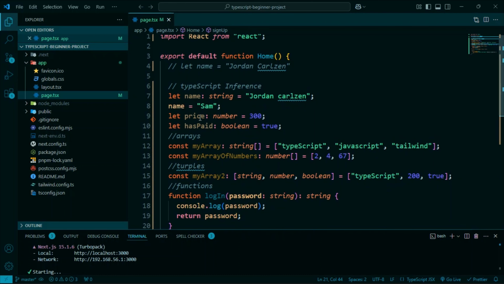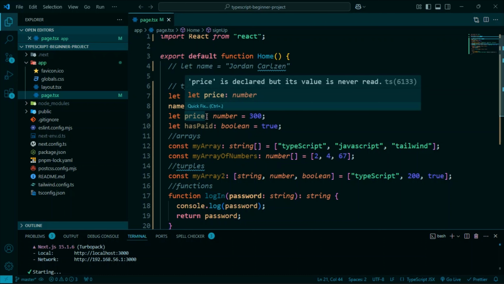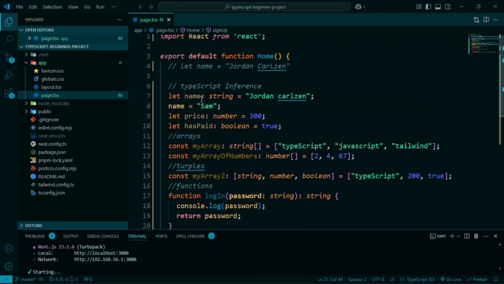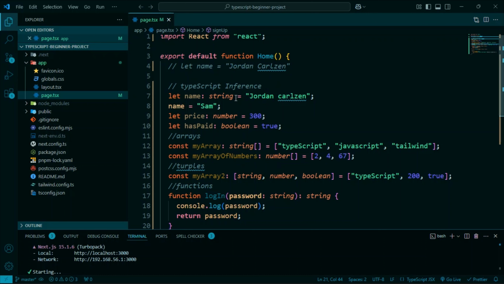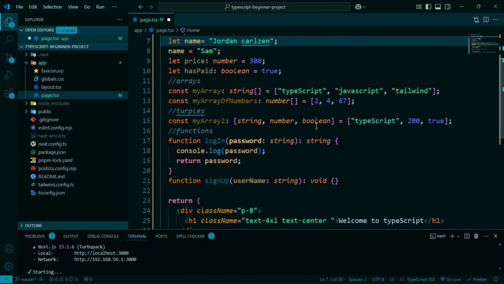For example, this price variable, we were able to discover that price is inferred as a number. For the string, we're able to discover that name is inferred as a string, and you can easily use it. By the way, it's not even a must to describe. You can also do it like this in normal script, and it works still. We went on and